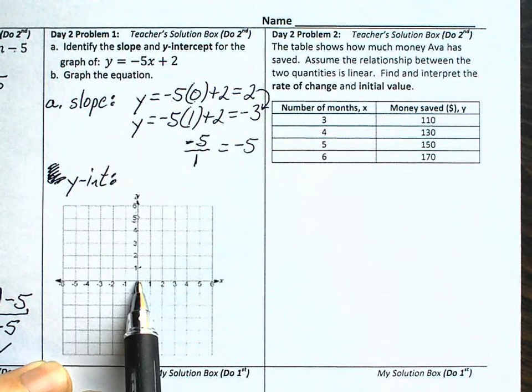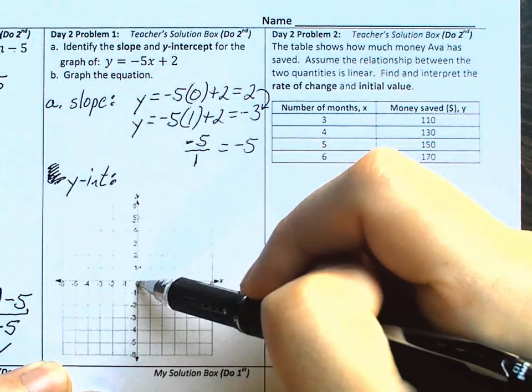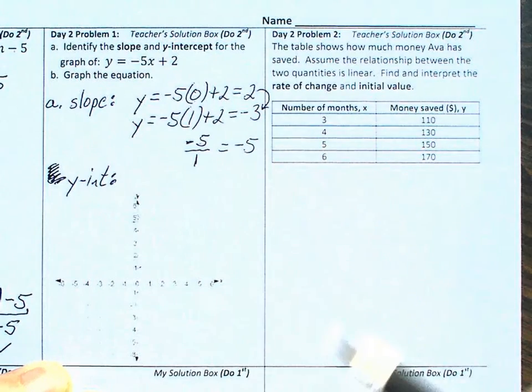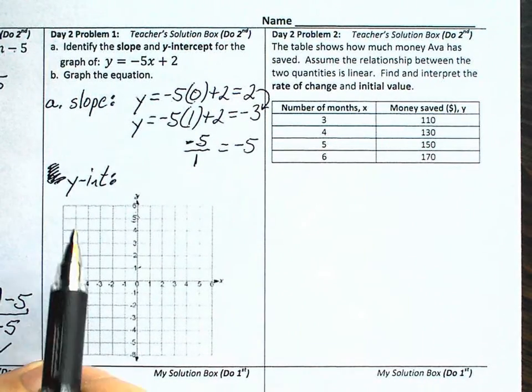You stay at 0 on the x-axis and then go up or down to get to that y-intercept dot. So the value of x for the y-intercepts is always 0,